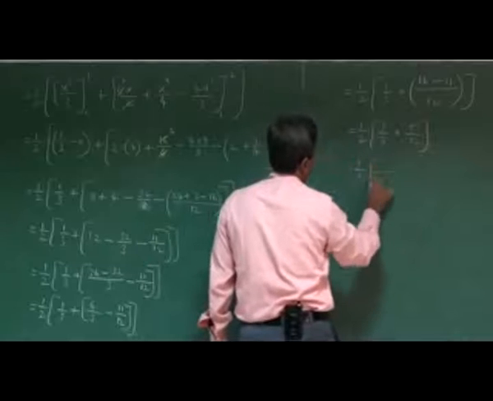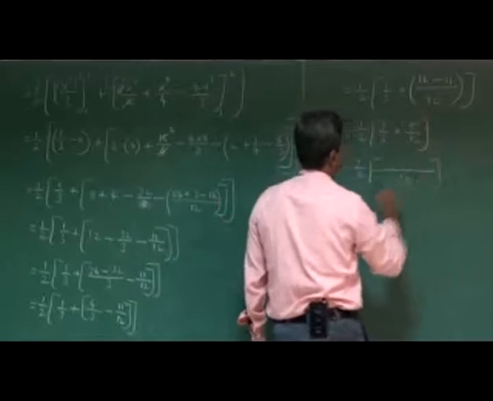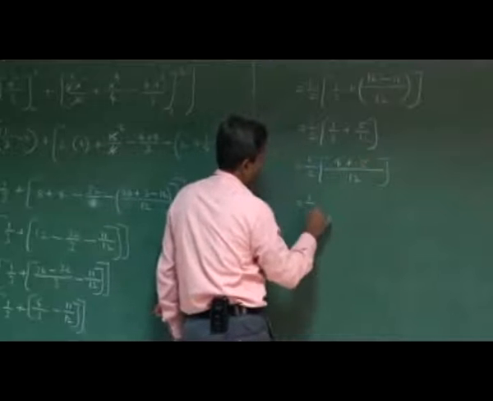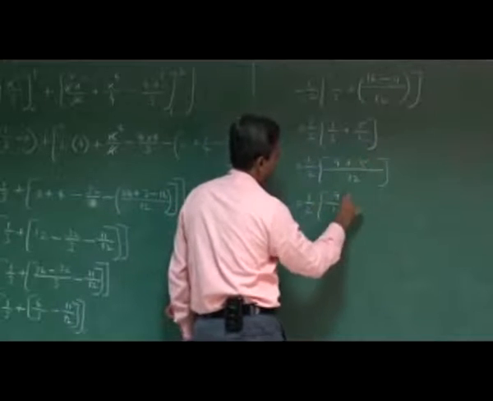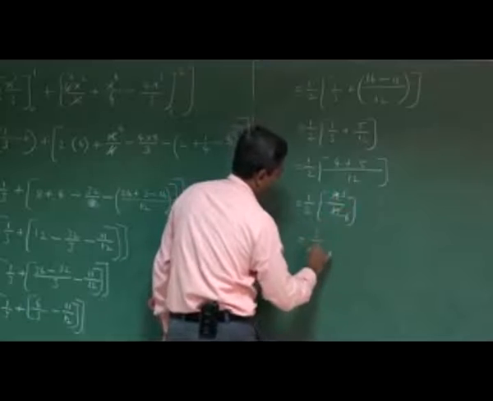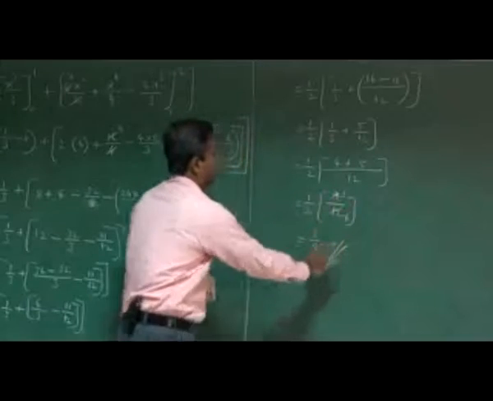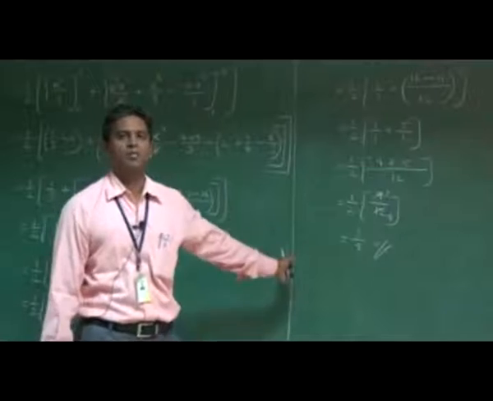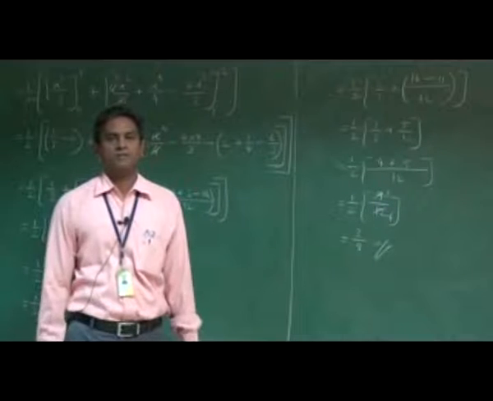That is equal to 1/2 times, here also we take the LCM as 12, so 4 times 4 plus 5. So we get 1/2 times 9 divided by 12. We simplify this, 3 times, it's 4 times. So we get 3/8. So this is the area of the given region bounded by the parabola and the straight line.